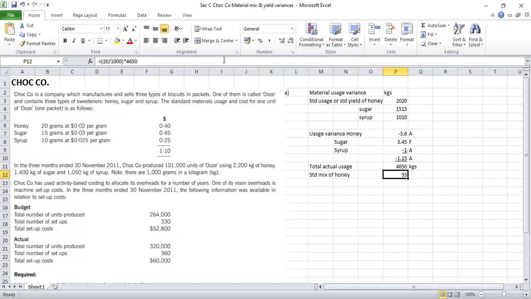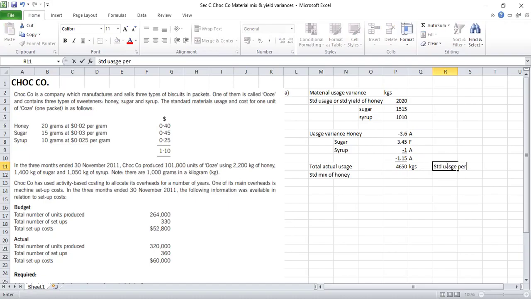And this 93 is multiplied by, sorry, I made a mistake, divided by, let me convert all the values in kgs. Now we need standard